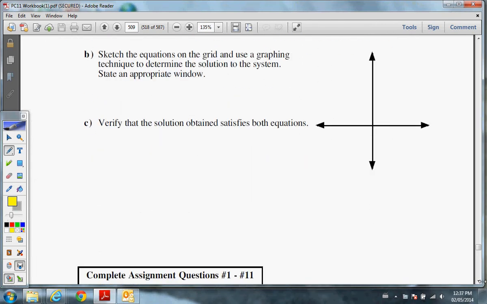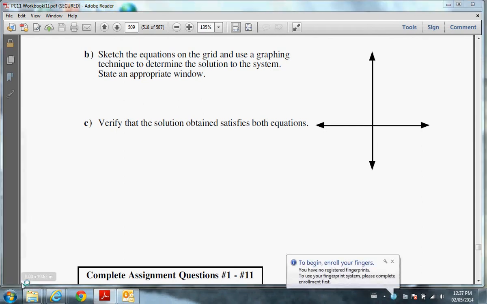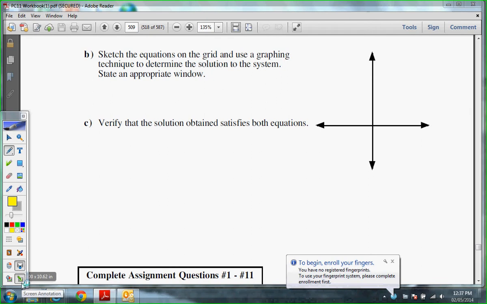we have, okay, so sketch the equation on the grid, use the graphing technique to determine the solution of the system. So now we're verifying using the calculator. Okay, so your picture, if you're putting it in your calculator, you can go and do that now, should look something like, let's see,